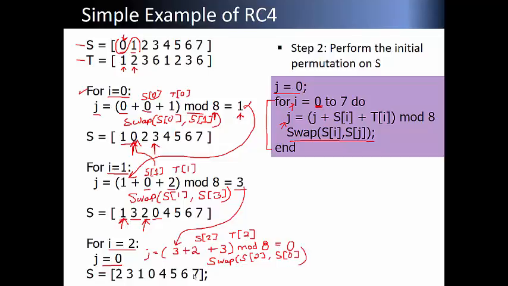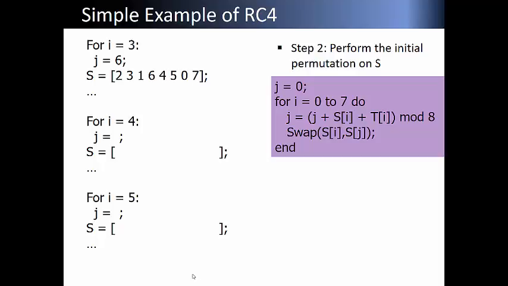This is the third iteration. And fourth and fifth, sixth, all the way to 8 times. We have to do 8 times. So now your turn. One question. I want you to do this in the case of I equals 3. So J will be 6. So see if your calculation returns J equals 6. And then swap. And further and further and further.